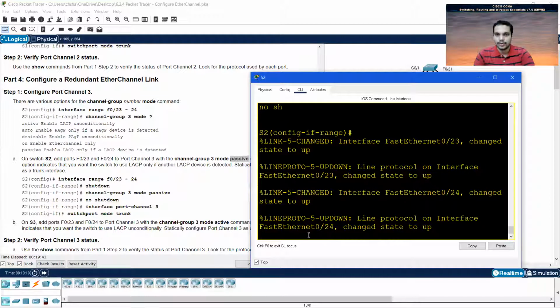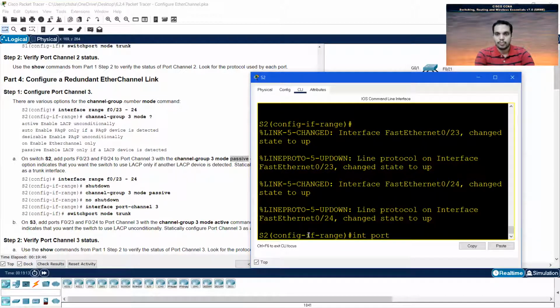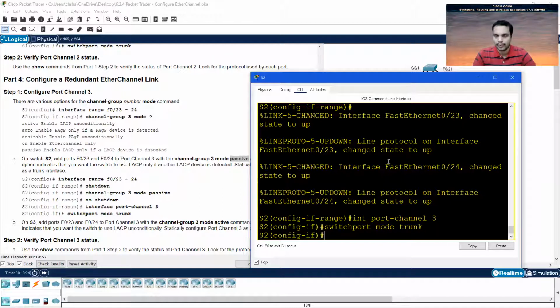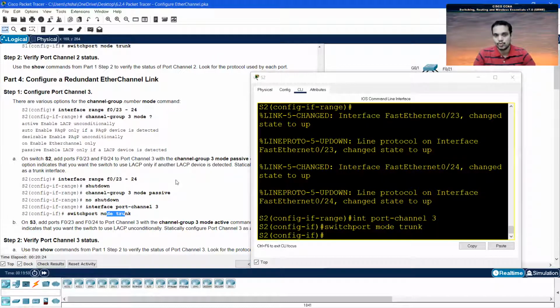Once I do that, I need to simply go into the interface port-channel 3, enter, switchport mode trunk. Okay, so this is how we follow the same steps. Just take whatever physical ports you want to bundle together, select them using the interface range command, and then issue the command channel-group with the identifier and whatever mode you want, which is based on whether you want to implement the PAgP protocol or the LACP protocol. After that, once that interface is created, you go into the interface mode using interface port-channel with that identifier, and after that command, you simply put them into trunk mode. This is what we did until now.